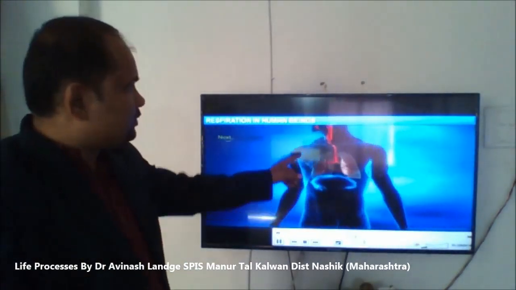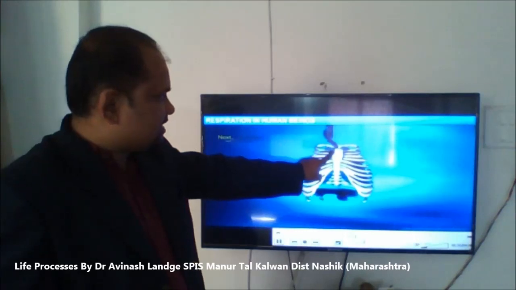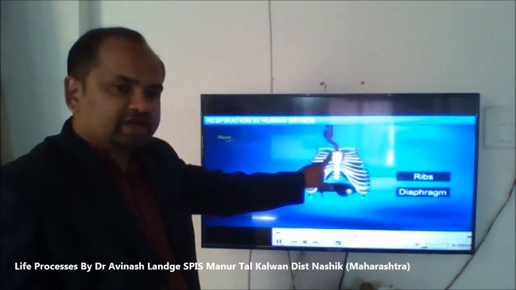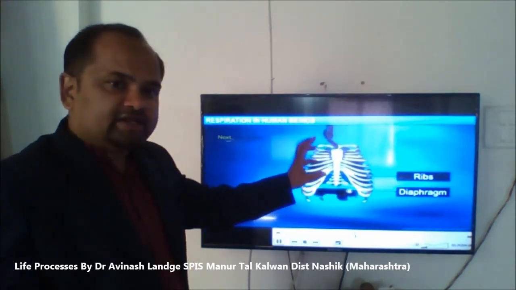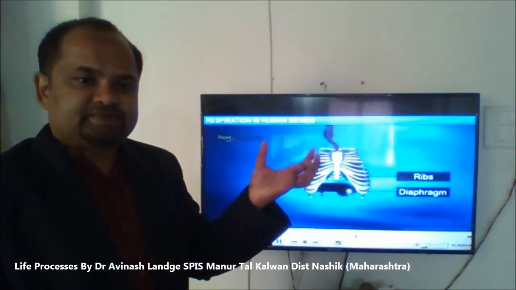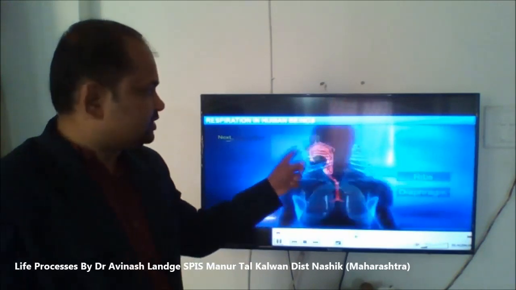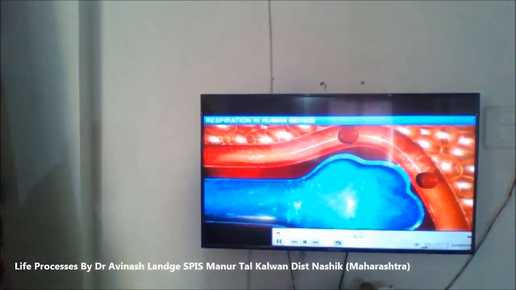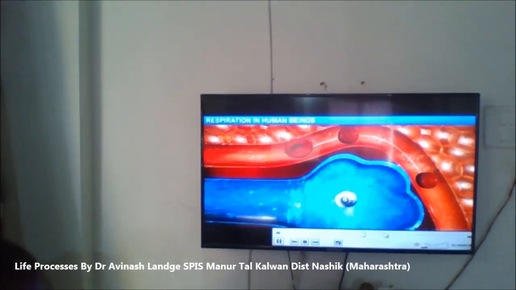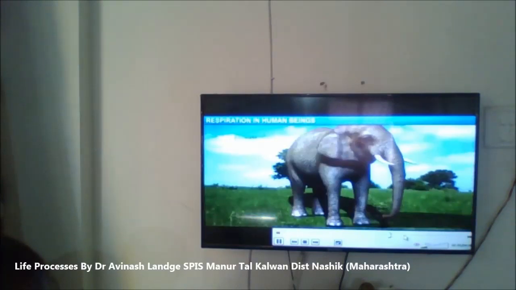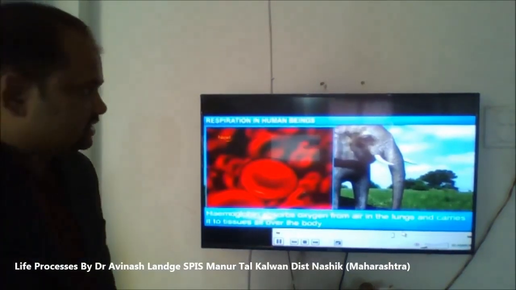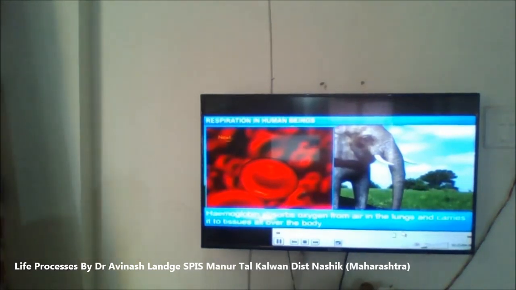See here what happens. Trachea, ring of cartilage, then lungs, bronchi, bronchioles, and then like grapes there are balloon-like structures where exchange of gases takes place inside the blood. So oxygen will be delivered and carbon dioxide will be carried out to these different parts. Okay, so let's see here